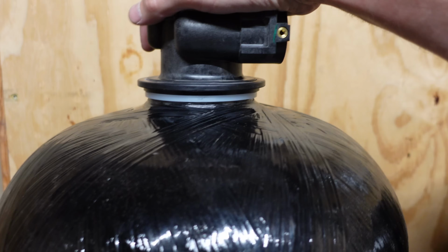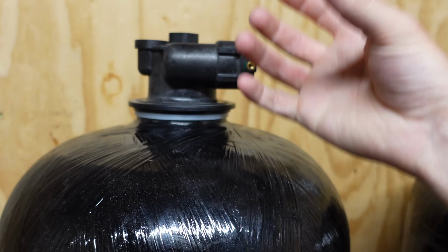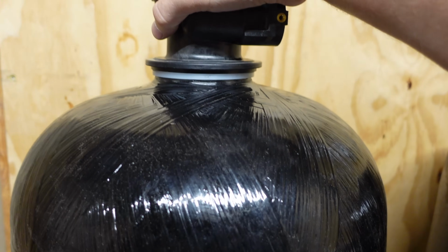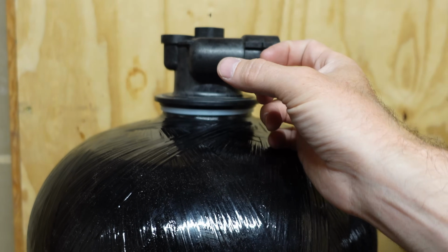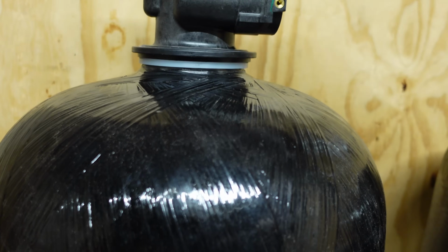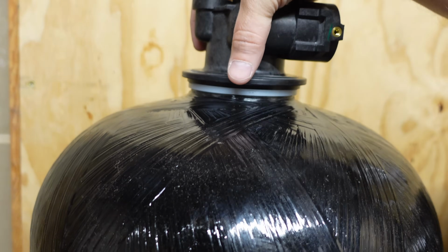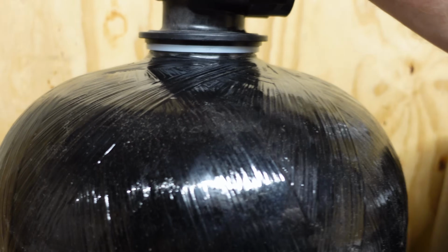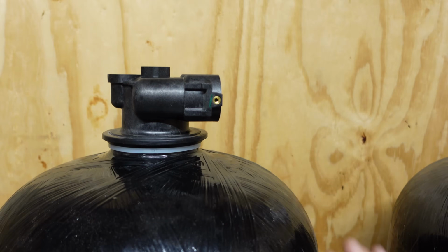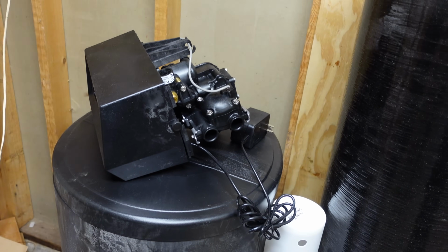The first one's ready. That distributor pipe in the middle has to hit an O-ring in the middle. I found out because I pushed the basket down on, and I was like, yeah, it won't go in. So I popped the basket off. It's like an eighth of a turn thing. And then found that that pipe wasn't going into the O-ring, so it took a wiggle. So I put it all back together, wiggled a bunch, got it in, and then spun this down until it was very tight. So that one's ready to go, and we're ready to install the actual valve head,